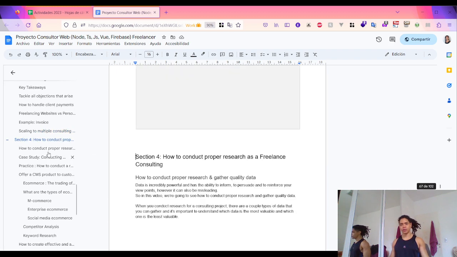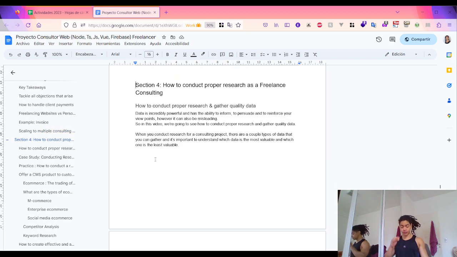Okay, section four is how to conduct a proper research and gather quality data. The TLDR here is to recognize that data is something powerful. It can help you to influence, persuade, or reinforce your point of view, but it can also be misleading. And especially if you're conducting research for a consulting project, well, identifying